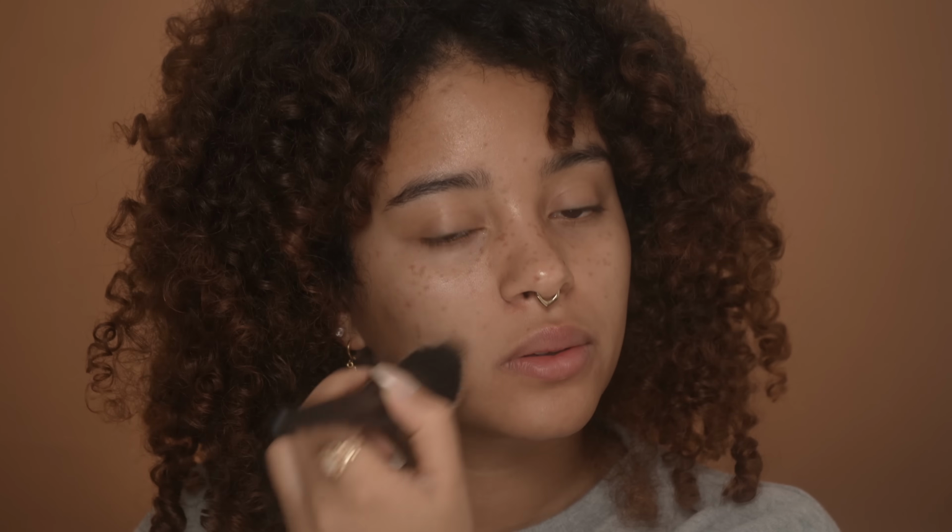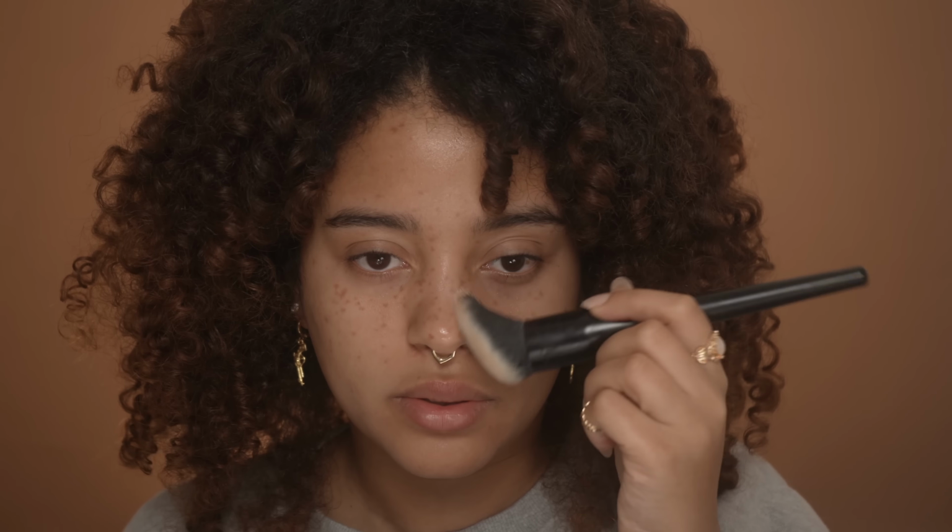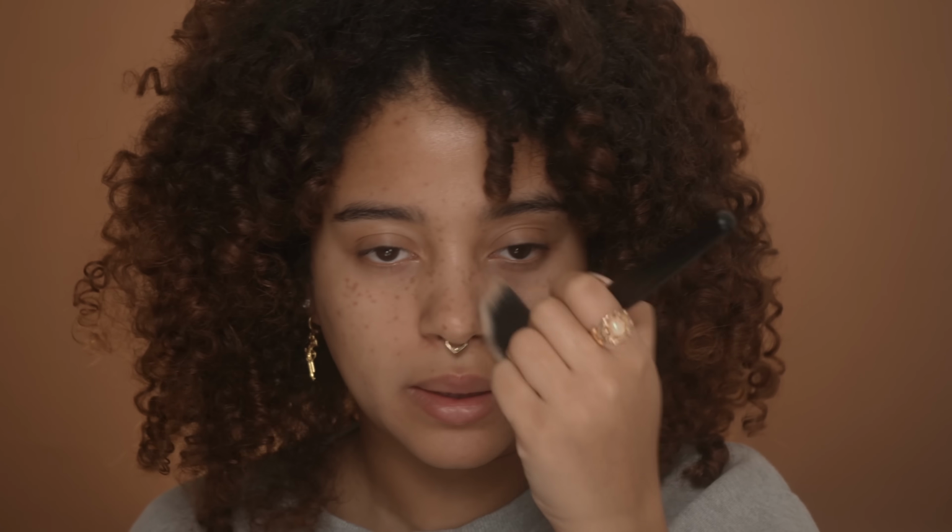The next thing I like to use is a setting powder. Setting powder is really great to use in the areas where you need the extra coverage later, and also where you are going to stay matte anyways. And also my nose. My nose is always one of those areas. And then a bit on my forehead as well. This mixed with the primer is just...